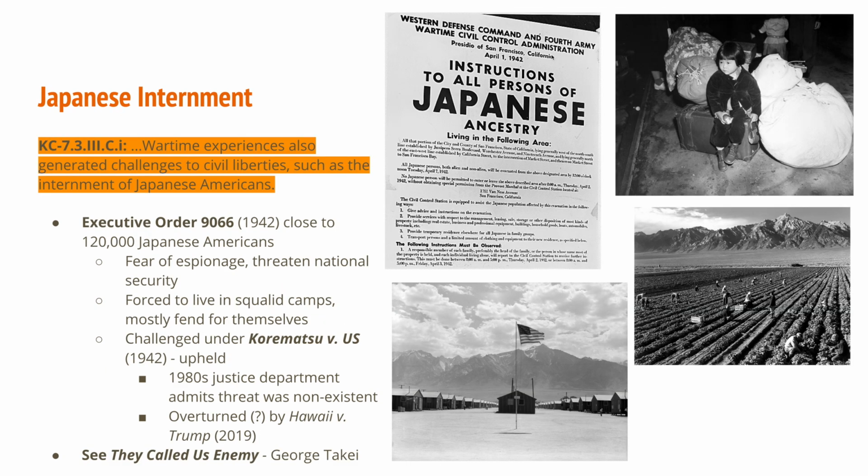All right, so wartime experiences also generated challenges for civil liberties, such as the internment of Japanese Americans. Now, this happens under Executive Order 9066, issued in 1942, and it puts close to 120,000 Japanese Americans in these internment camps. So all across the West Coast, Japanese Americans are seeing signs like the one that you see on the top left, giving them instructions that at a certain date they're all going to be transported to these